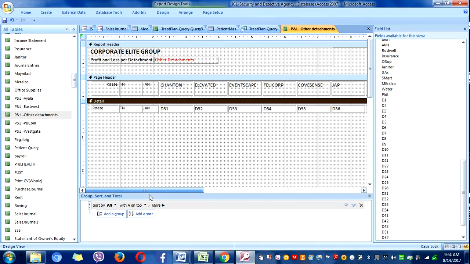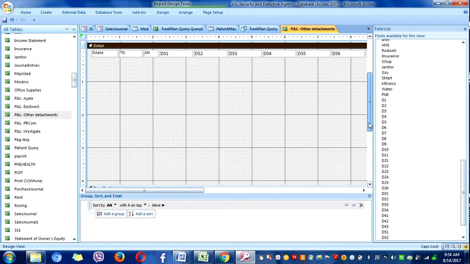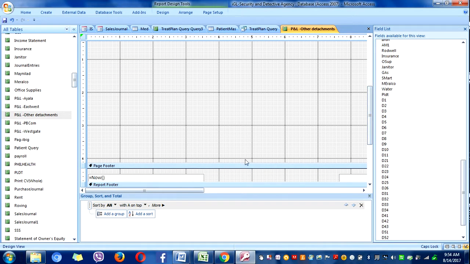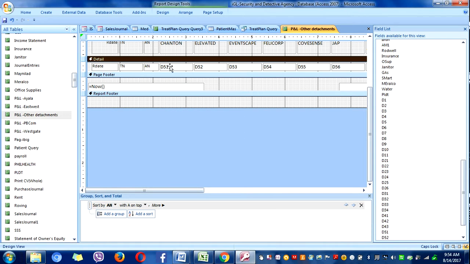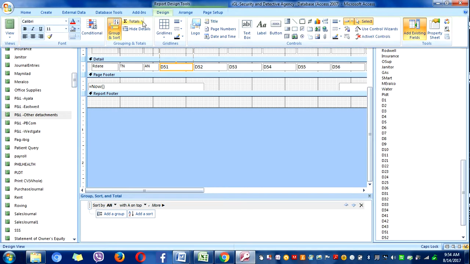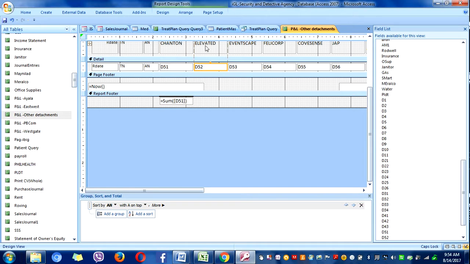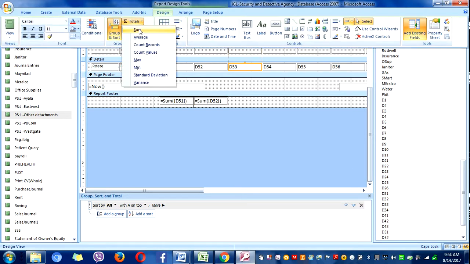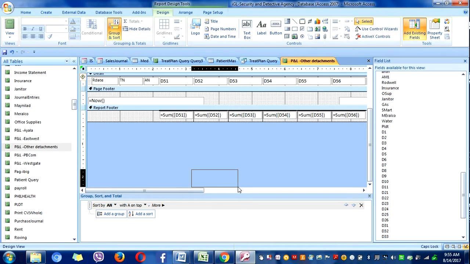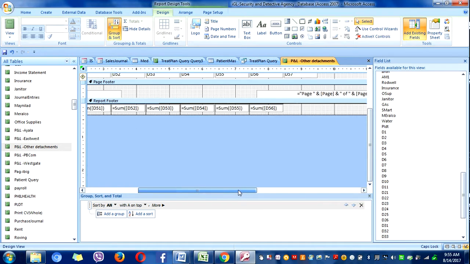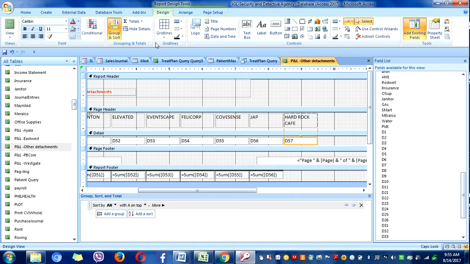Alright, now as you know, this will be displaying the transactions. So what you do is you work on this report design view, bring that up here, and you would be needing a subtotal for each column. So just click there, go to design, click the totals, you say you want a sum, and that's how it's done. Say you want the sum. Okay. For JAP, you also want the sum there. And finally for HRC, move to your right. For HRC, the same thing. You want the